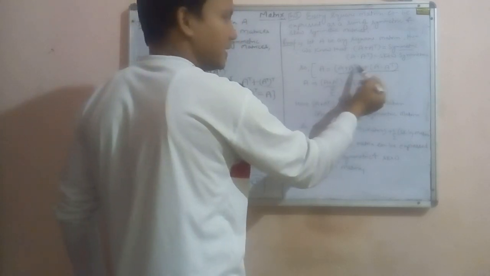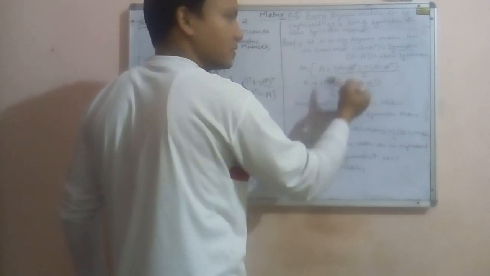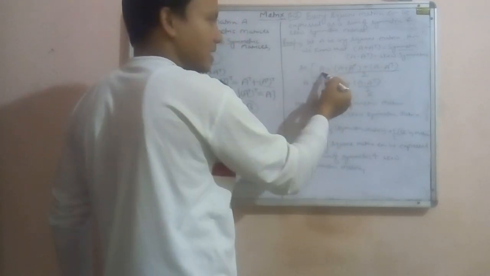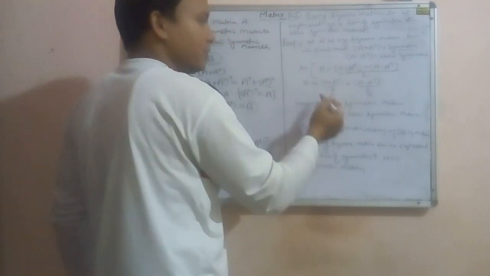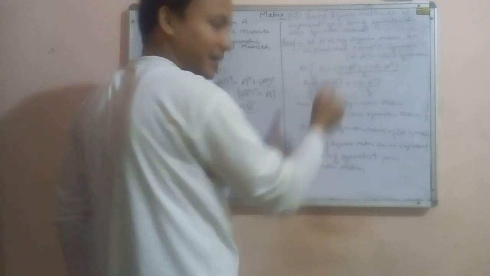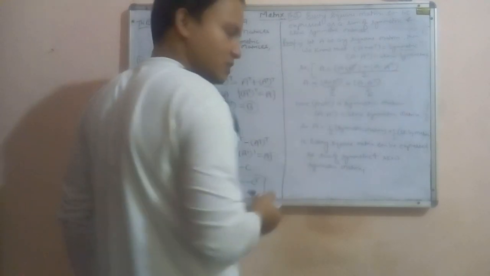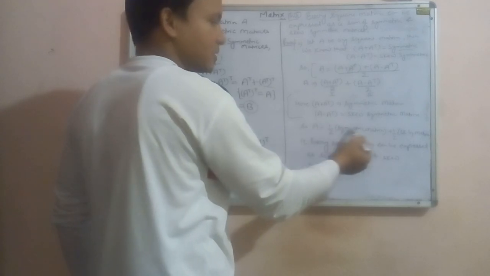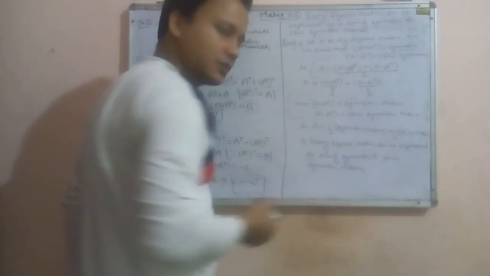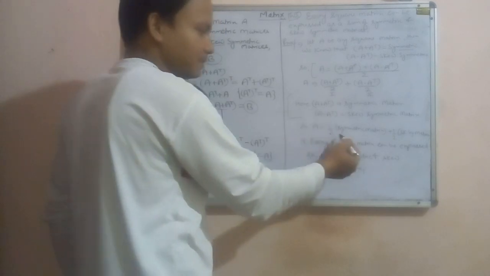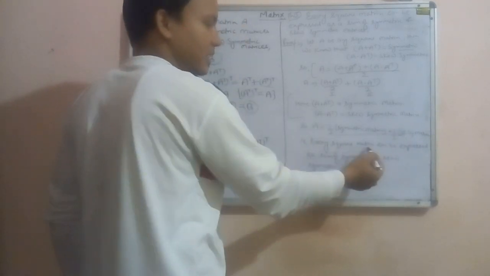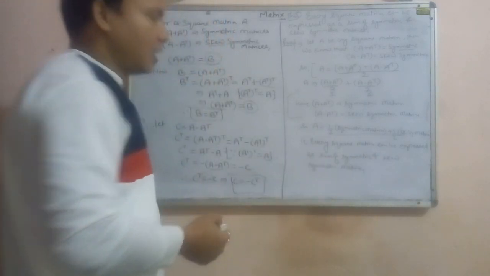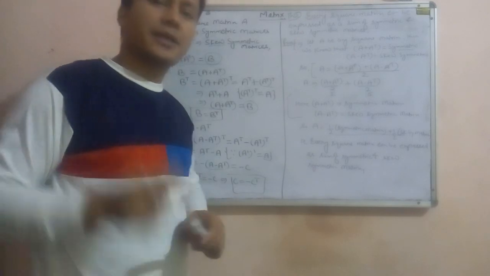If we cancel it, A transpose minus A transpose cancel out. Okay. A plus A, 2A divided by 2, must be equal to A. So we can express A as this. Now we know that A plus A transpose is symmetric and A minus A transpose is skew-symmetric. Okay. So we can say that A equals half of a symmetric matrix plus half of a skew-symmetric matrix. So by the definition, every square matrix can be expressed as a sum of a symmetric and a skew-symmetric matrix. Now we are going to verify this theorem by taking an example.